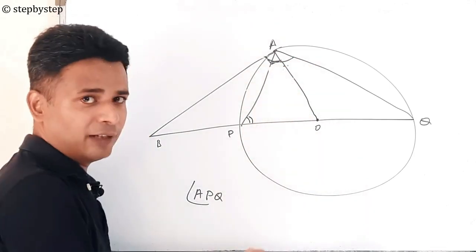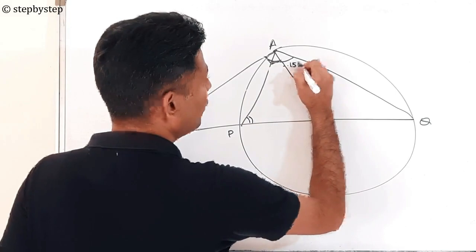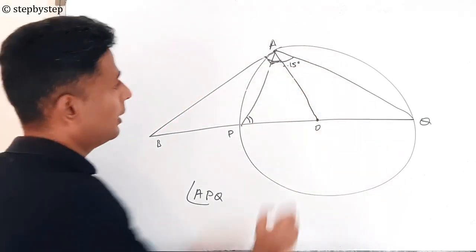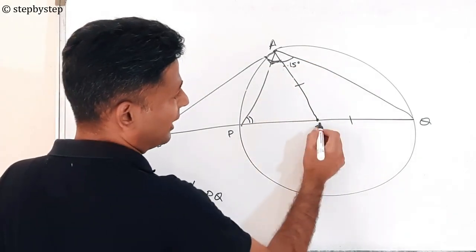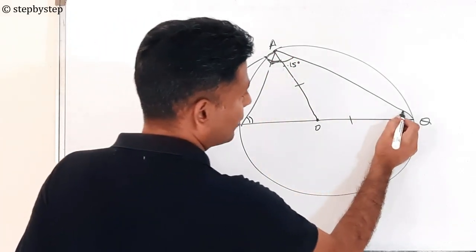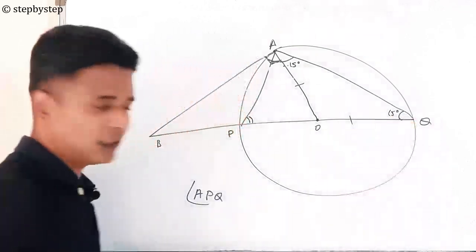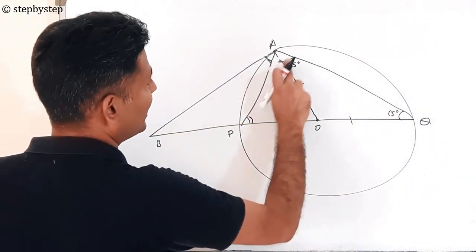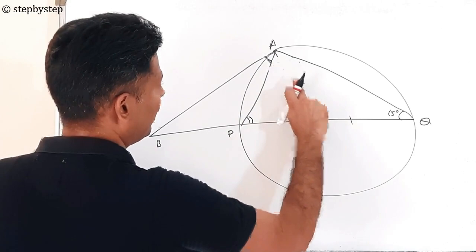The whole angle was 105. So this is 90, this will be 15 degrees. Right? Now, this side is equal to this side. Why? Because this is also radius, this is also radius, which means this angle equals this angle, which is 15 degrees. Now, if I erase all this and